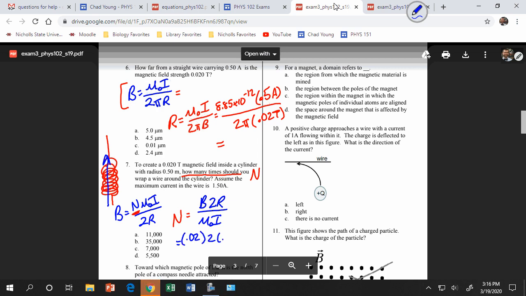R is 0.5 meters, over mu naught I, 0.5 amps. And so then you can calculate the number of turns required for that. Okay,